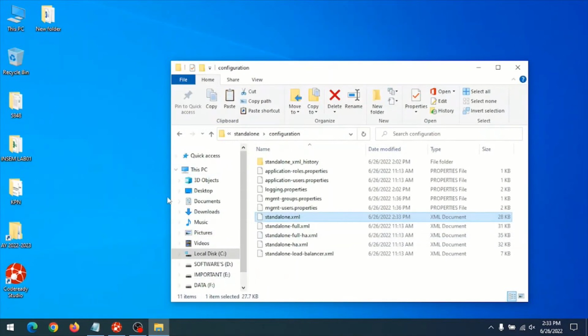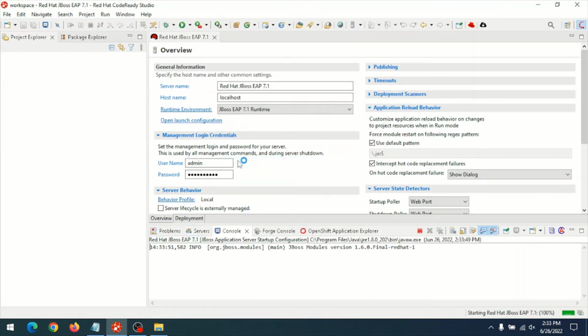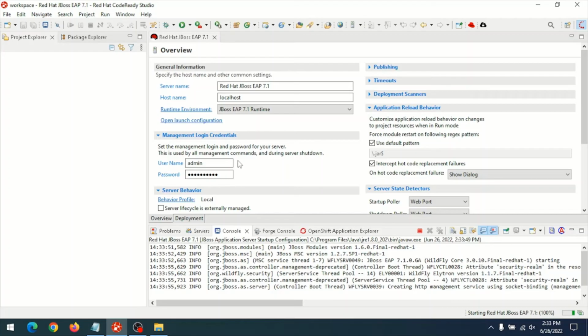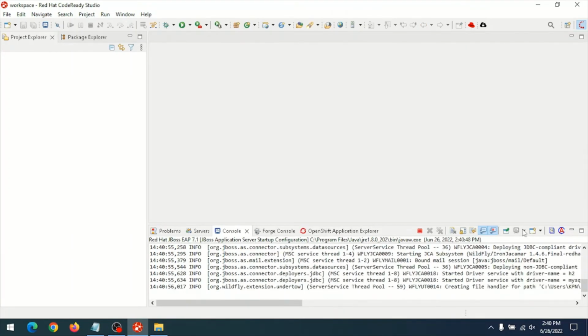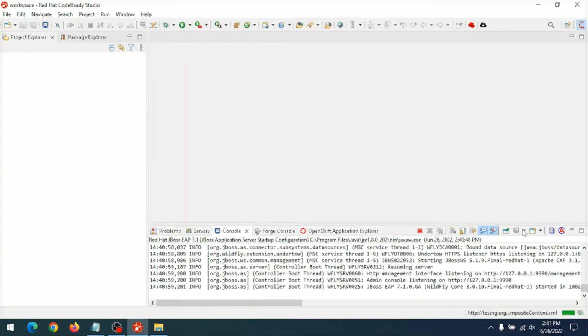close and open Red Hat CodeReady Studio and start the server. So click on the start icon, or you can right click and use the option start to start the JBoss server 7.1. Okay, now the server is started. It is listening on the port number 9990. So copy this link